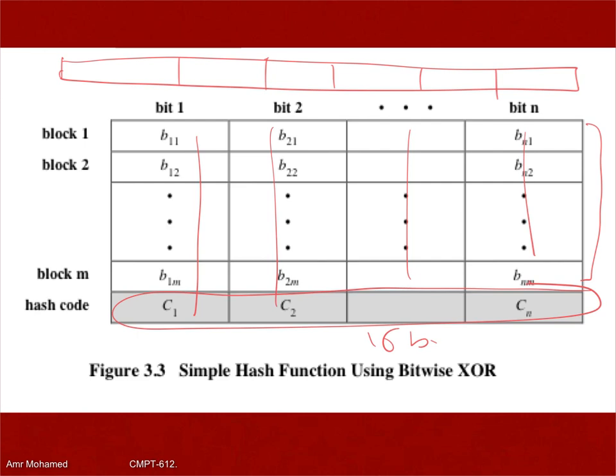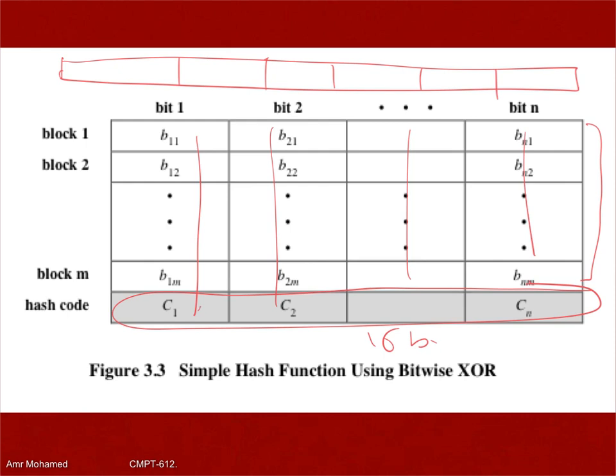Because you actually took a message of variable size. Of course, if the message size is not divisible by 16, what do we do? Padding. We use padding. We can always do that. So a message of variable size, we produce a hash of a fixed size. We can do that simply. But is this strong enough? Of course not, because